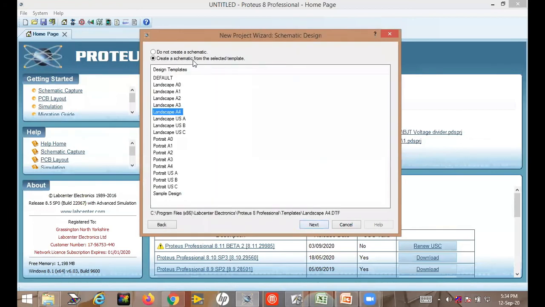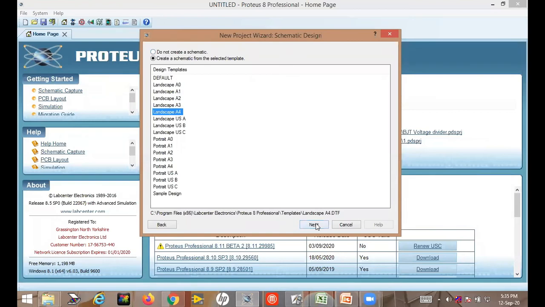Okay, and in this window, what you have to do? Select schematic, whether you need any schematic for your project. Yes, without schematic it is not possible to do anything here. So that's why we need to create a schematic. If you want a schematic, what will be the size of the working sheet? A3, A4, A2, like this. If it is a very small circuit, then A4 will be sufficient. So I am taking A4 size because I will just demonstrate a small circuit.